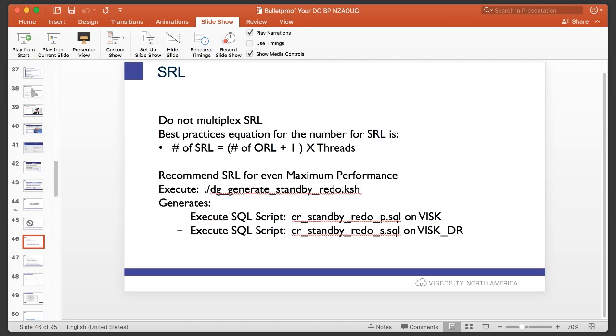standby redo logs, right? So in my DG Toolkit, I provide a script called dg_generate_standby_redo.sh, and it will spit out 2 SQL scripts for you to create on the primary and on the DR